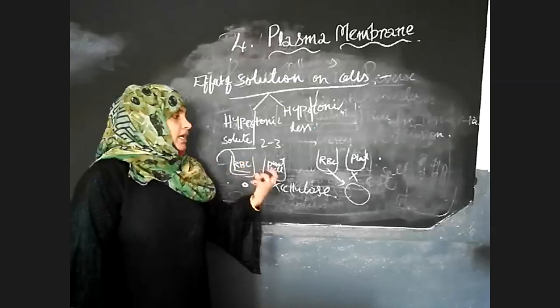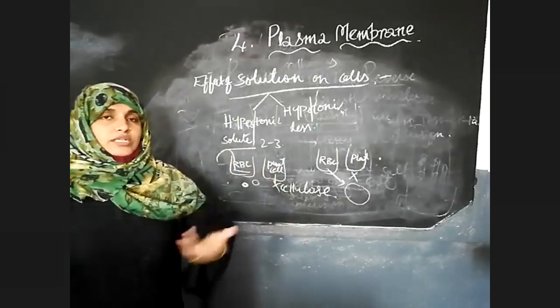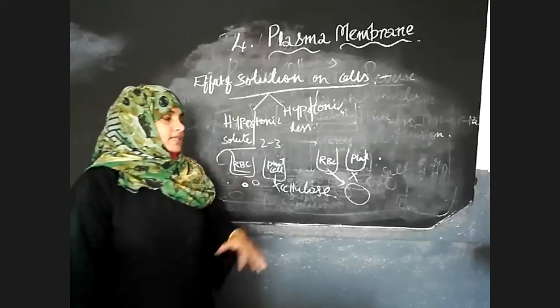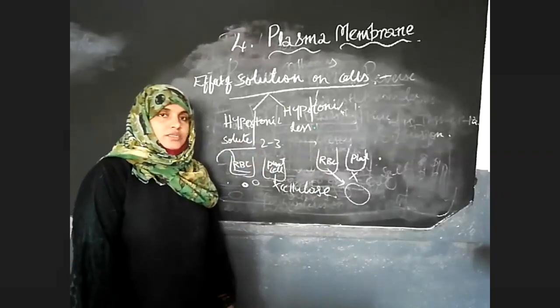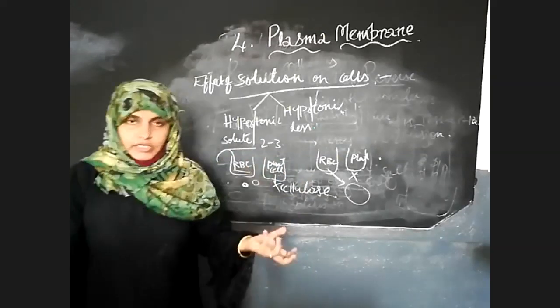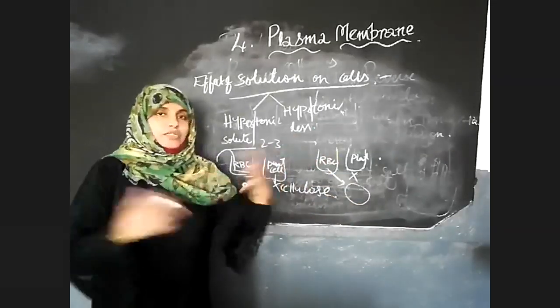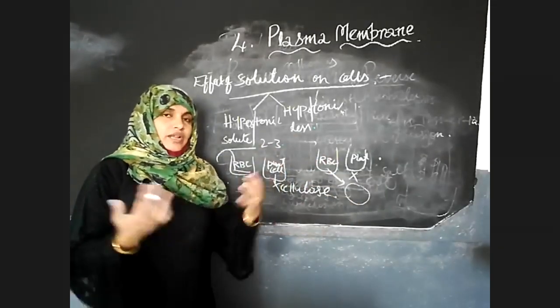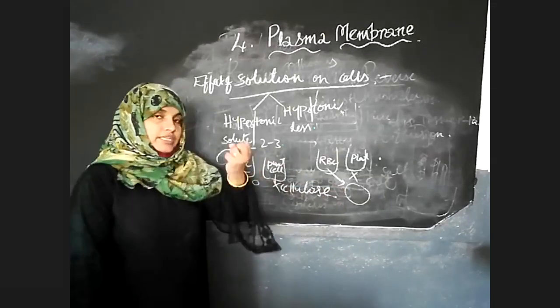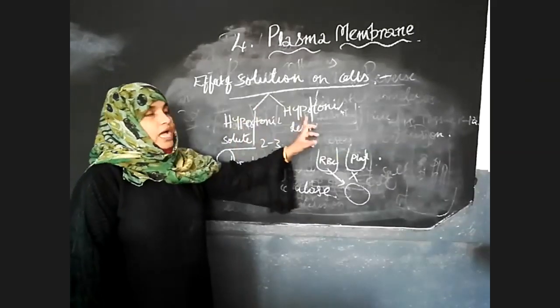In such a way, this cell membrane is acting like a permeable membrane and allowing certain substances to pass inside and to pass outside. In such a way, our plasma membrane is helping to protect. If it is undergoing an excess amount of swelling, it will burst. It will swell and swell and it will burst. It will undergo the shrinkage and shrinkage and it will die. This is about hypertonic and hypotonic solution.